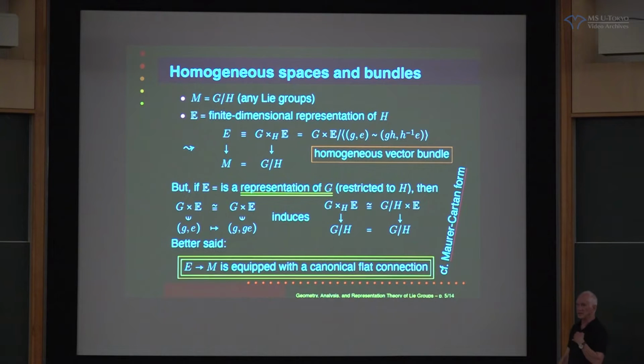This is like, if you were just doing this from a more standard point of view, you'd say, well, G over G mod H, well, G has on it a canonically defined one form called the Maurer-Cartan form, which has values in the Lie algebra of G, and then if you have a representation of G, you have a representation of its Lie algebra, and so on, and you put this thing together, and you'll get yourself this canonical flat connection. Okay, so this is what you get.